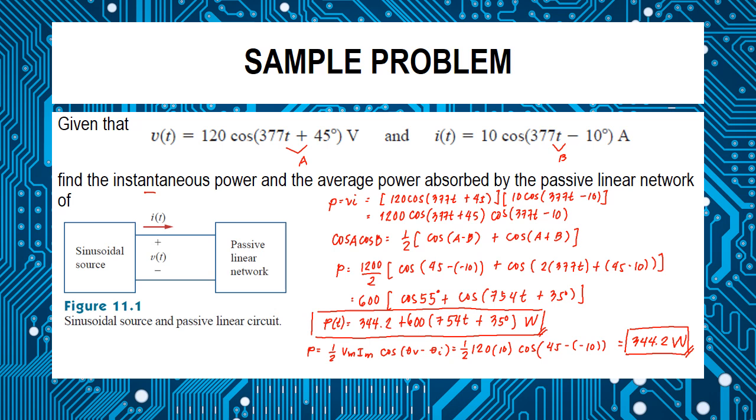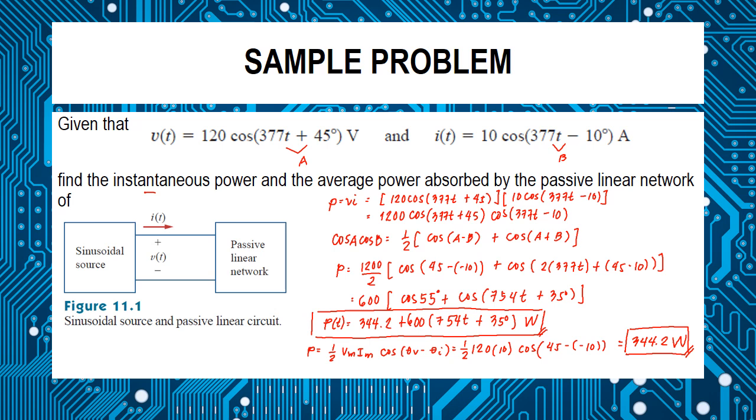So we will be having 1200 cosine of 377t plus 45 cosine of 377t minus 10. And using the trigonometric identity that we have identified previously,